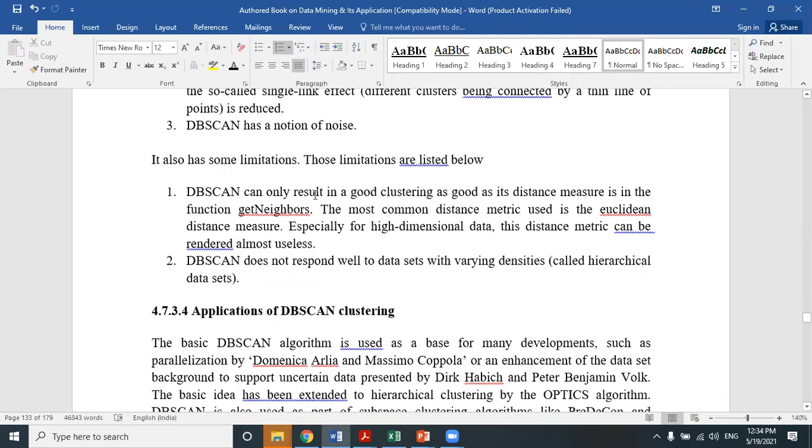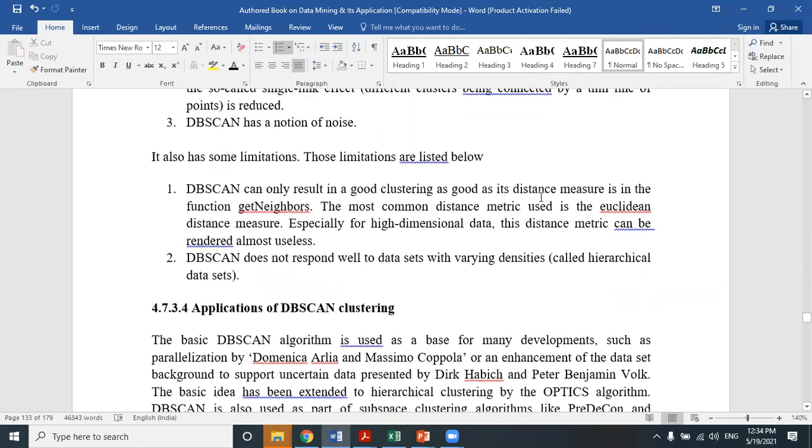DBScan can only give good clustering as good as the distance measure is. The most common distance metric used is Euclidean distance, and especially for high dimensional data, this distance metric can be rendered almost useless. For high dimensional data, DBScan is not very good. That's why high dimensional clustering exists.